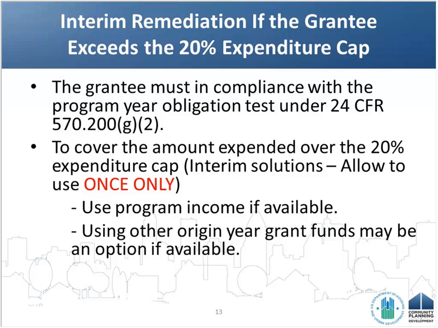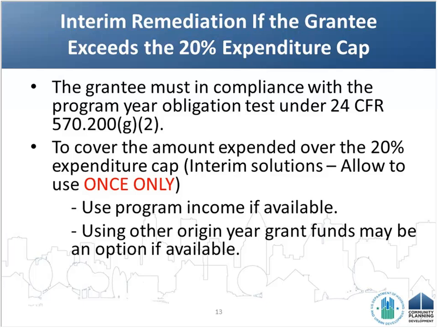In order to use these remediation solutions, first, the grantee must be in compliance with the program year obligation test under 24 CFR 570.200(g)(2). Then, to cover the amount expended over 20% of the expenditure cap, the grantee may use program income if available, and HUD could also allow you to use grant funds from old years, like pre-2015 funds, or sometimes